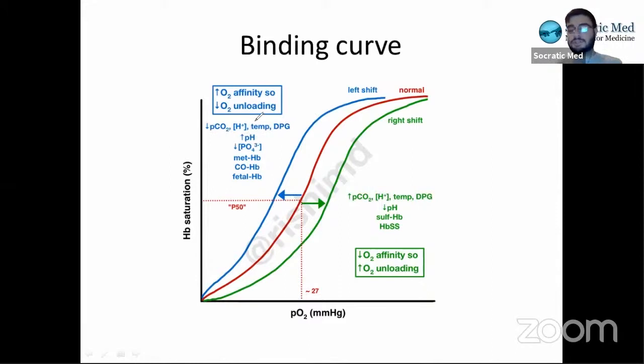Other ways are temperature, obviously, but it's not as important. To heat something, less affinity. To cool it, a little more affinity. But this one, DPG, this may come up. I very much doubt it will. If you took a biochemistry class, you probably have talked about DPG, but I very much doubt you'll see it